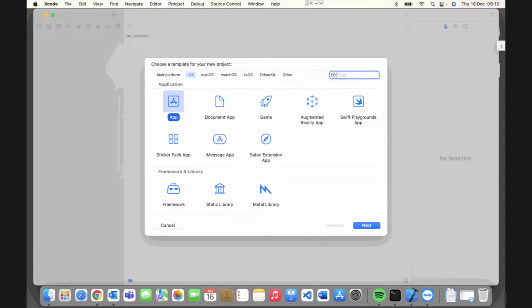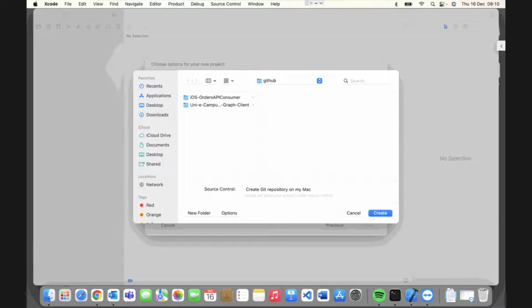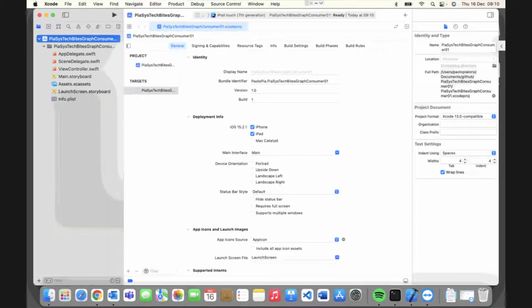So let me create a new project in Xcode. It will be a project for iOS as the target platform, and it will be an app. Clicking on Next, I will provide the name for my product, so PSC's Tech Byte Graph Consumer 01 for example, and I'm going to use the storyboard as the interface and Swift as the target language. Then I will target the GitHub folder on my file system to store the solution, and now I'm ready with